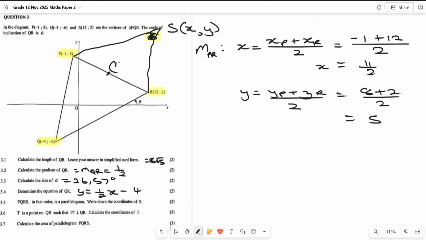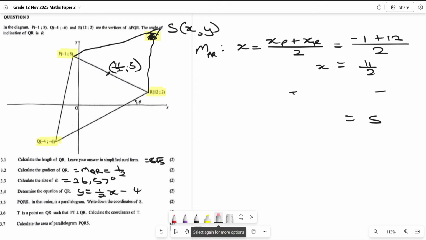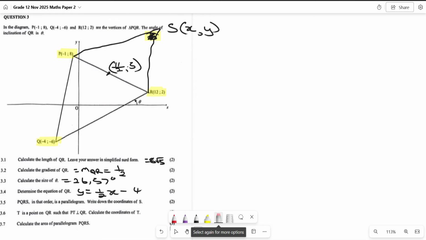So that means our x is 11 over 2 and our y is 5. Okay, now let us go and find out the value of P. We have the midpoint, so basically what we need to do now is to work backwards to find the coordinates of S. Since we have the midpoint, because watch, if you draw this line here,